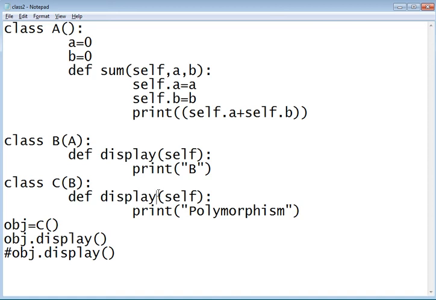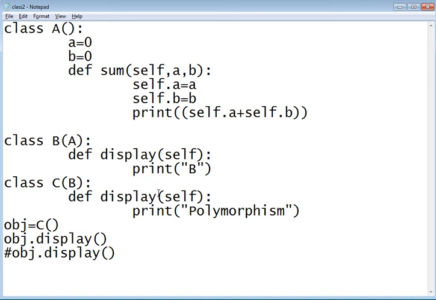Encapsulation is simple. The class itself encapsulates variables, data and functions. When you define a class with data and functions, it is encapsulation. When you say sum and inside self.a is equal to a, self.b is equal to b, this is also encapsulation.